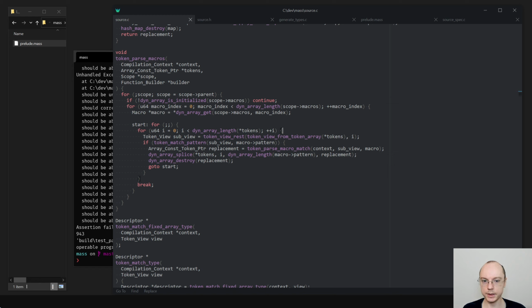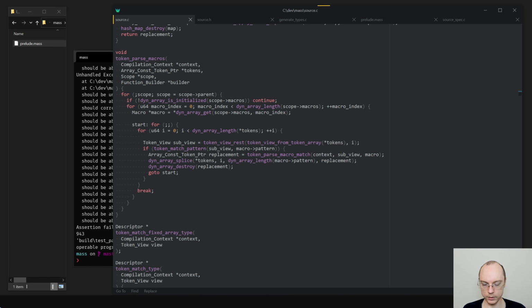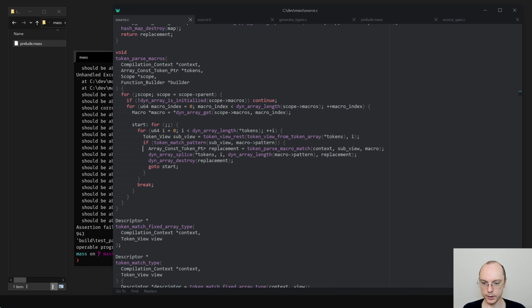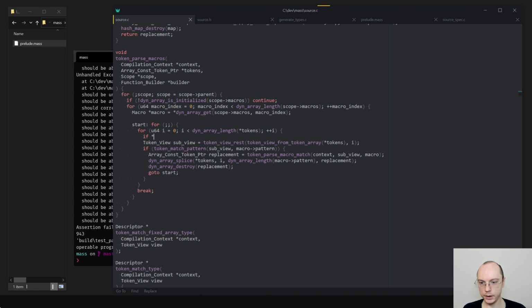So start means that we should only do I equals 0 here, more or less. So let's do that. If macro statement start and I is not equal to 0, then break.